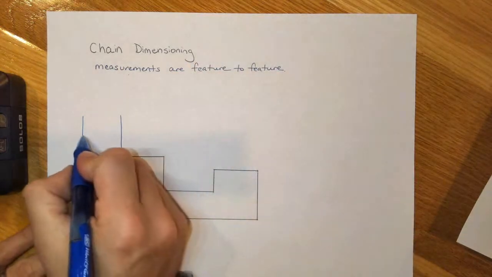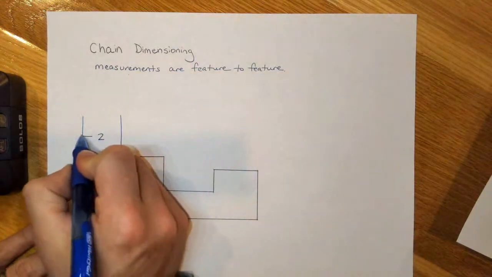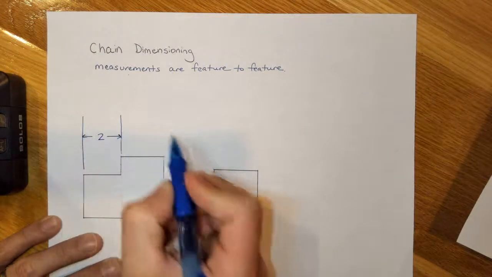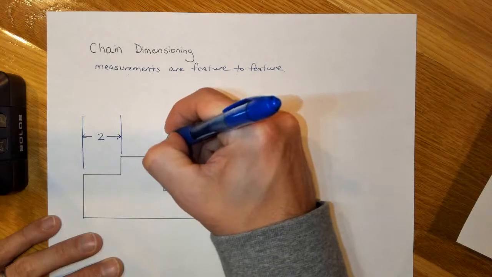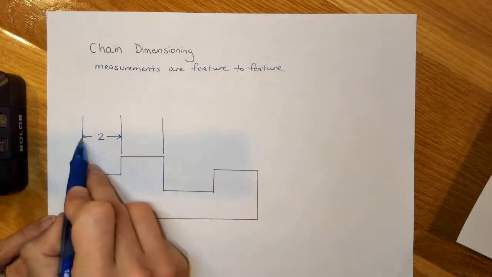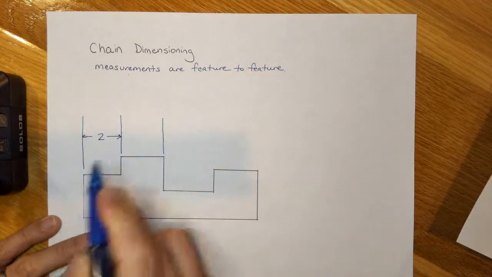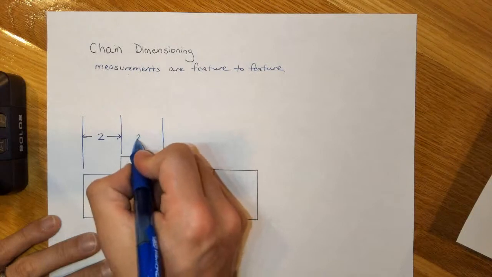So if this were 2 inches, and this next contour was supposed to be 2.5, instead of showing that it was 4.5 from the left side, like we did last time, we would show that